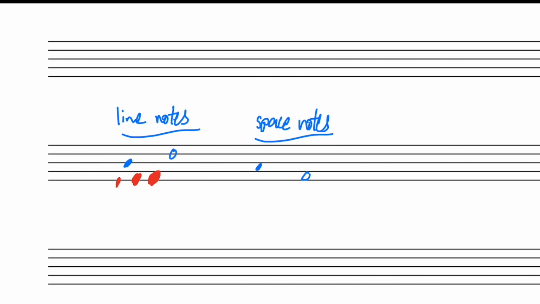The biggest thing to be aware of in terms of space notes is ones that do something like this, where it's a space note, but it sort of kind of edges over that line a little bit, right? It's not the most unclear thing in the world, but one of the things you want to keep in mind when you're writing music, you don't want to leave whomever your reader is to have to guess or try to use intuition to figure out what you meant, right? You want your meaning to be super, super clear in how you present the note, okay? So be careful with those space notes that sort of kind of encompass a line.